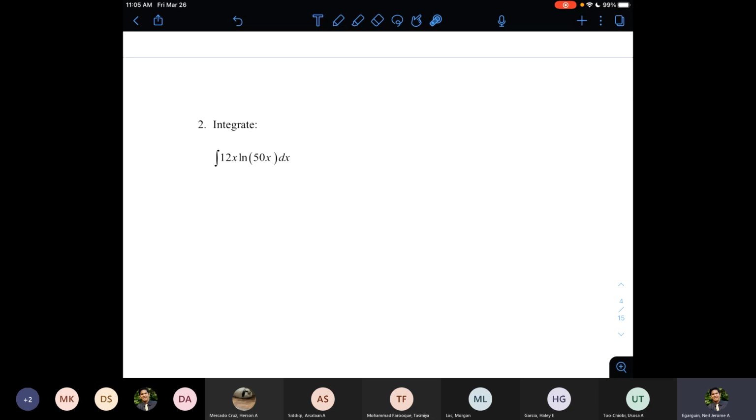The same thing for problem number 2. U substitution will not work. You can try all three options: 12x, ln of 50x, or just 50x. You will still end up with a complicated product. And again, I noticed that this is a product of two